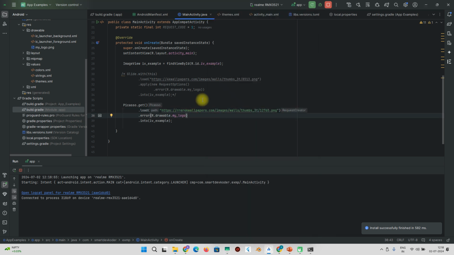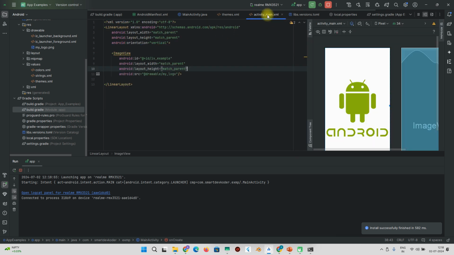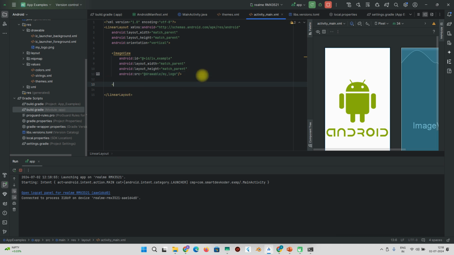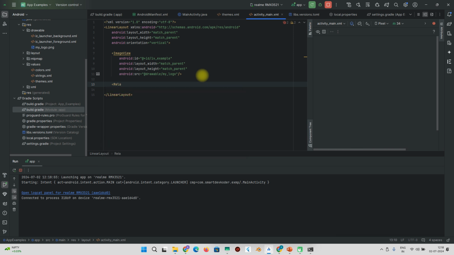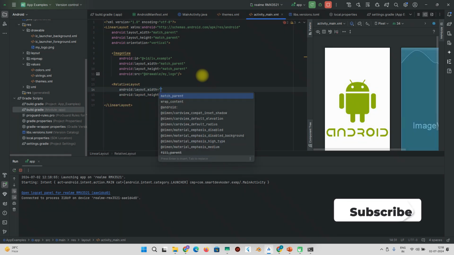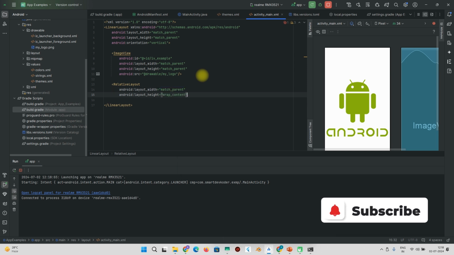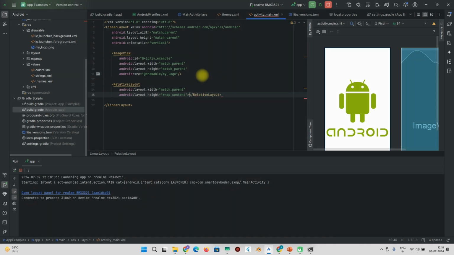In the same way, one more thing I want to tell is we can load this my logo from the resources folder, not only from the XML, we can also do it from the Java also. So for that I will create 3 buttons here: relative layout, match parent, and wrap content. So inside relative layout